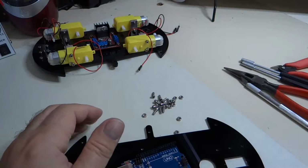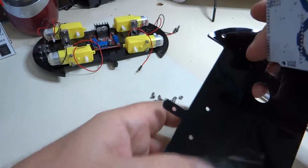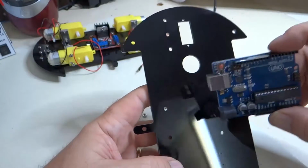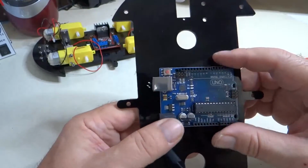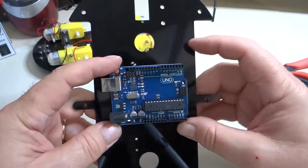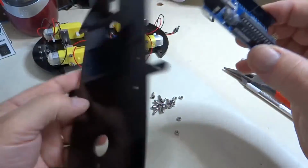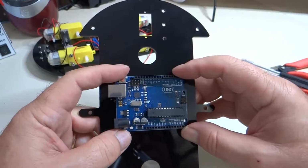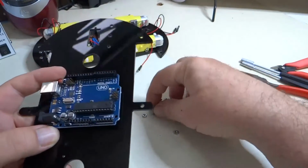So in this case, they want us to mount this board directly to this surface using the 3 holes provided. And you can see the 3 holes there. So it is important to get this board oriented correctly. And also it's going to be very important not to tighten these screws very tightly because we don't want to